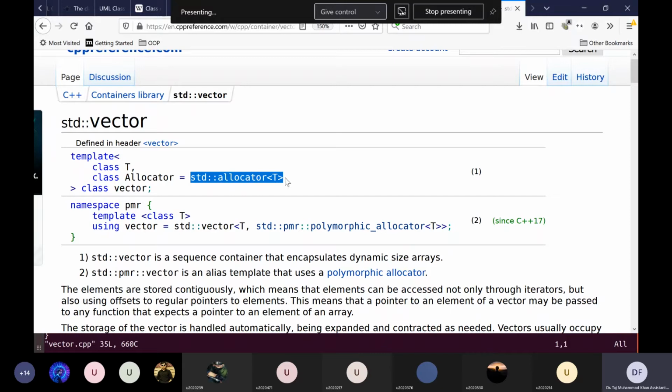So it's using a default argument for allocator, which means if we do not specify our own allocator, it will use the standard library allocator. And the standard library allocator is basically what we have been using, the new and delete functions. So if we do not specify an allocator, it will use the default standard library allocator, which is good for us for the moment. Later on, you will learn that you can make your own customized allocators and use these vectors with them, but that is something we do not need to worry about at this stage.